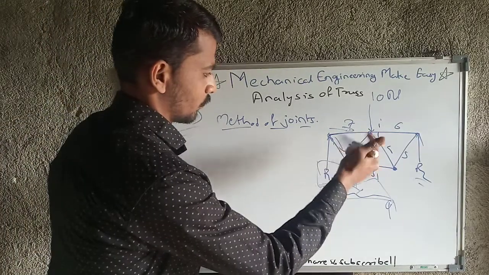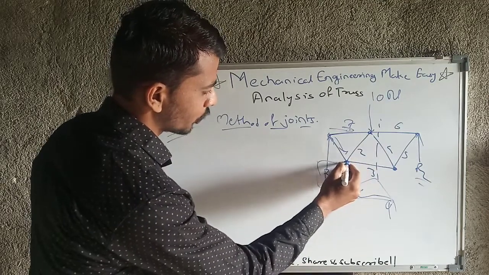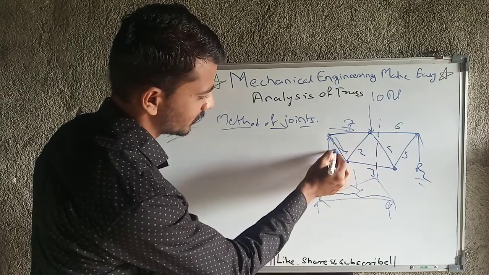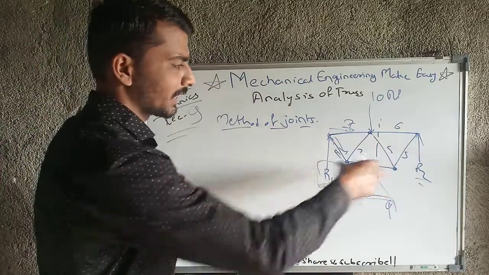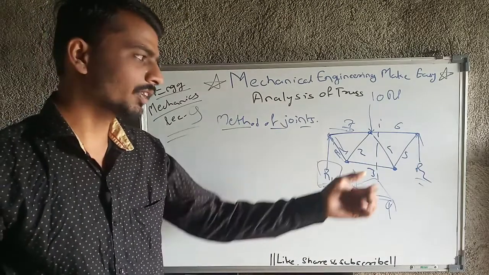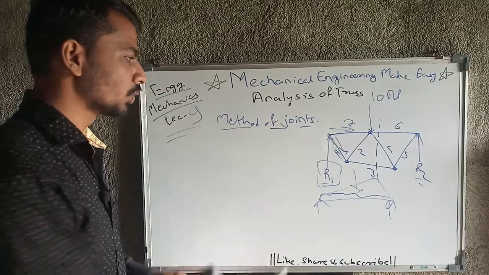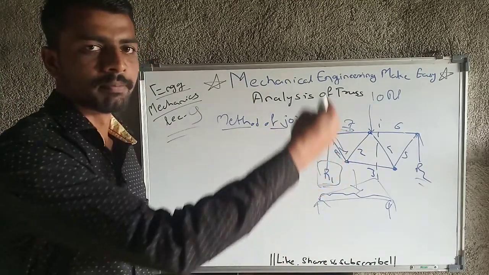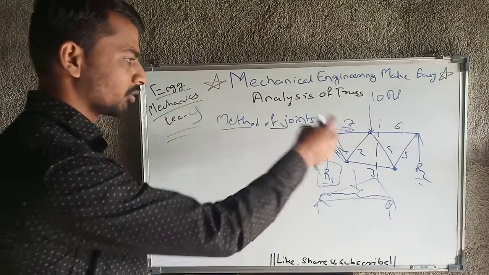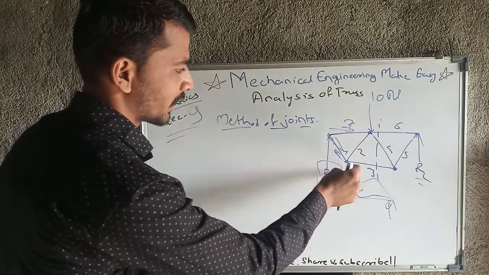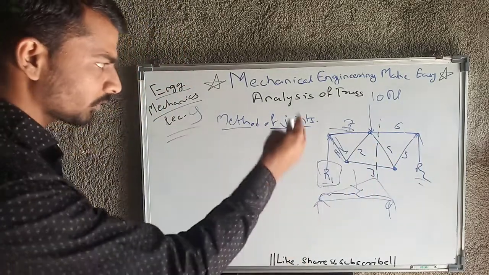After that, if this force is known to us and this force is known to us, ultimately at this joint also this force will be the same in this direction. Likewise, we will move further, okay. If you are not getting it at this moment, while solving numericals I will give you an idea about all these processes. But before that, consider that we need to consider first the joint which has a maximum of only 2 unknown forces. So we can calculate those 2 forces, and according to that we will consider the next joint, next joint, next joint. So all the forces will be calculated depending on that,